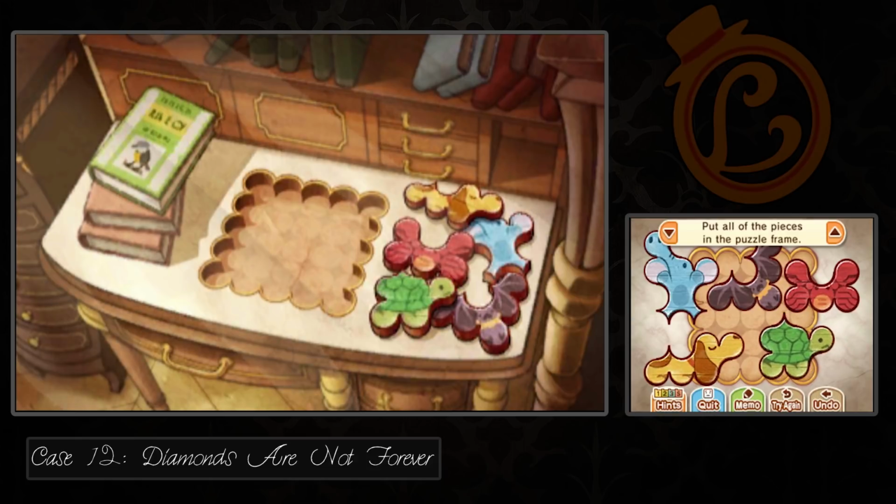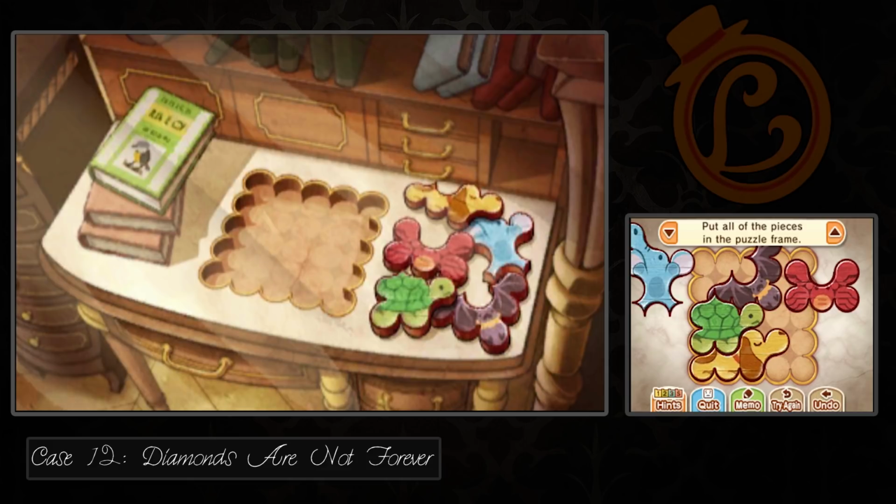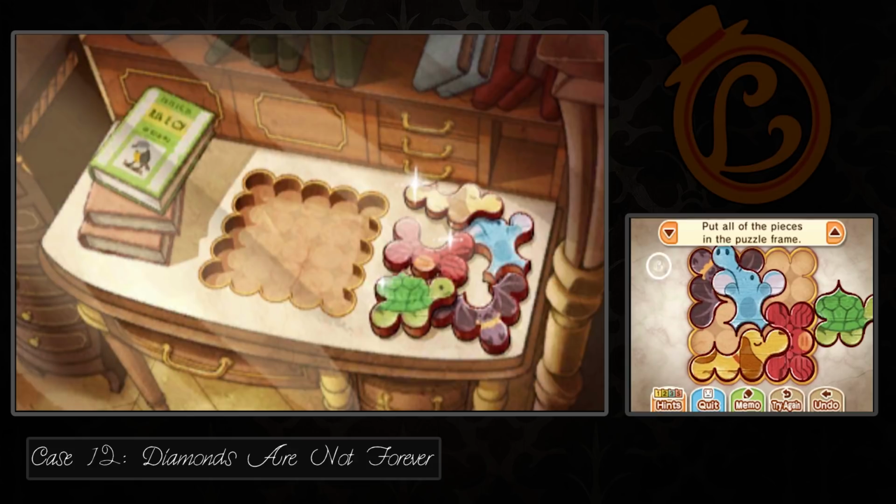So the animals can become other animals? Now that is interesting. I'd like to do the edges. This turtle is clearly not an edge piece. Okay. So using this. Maybe? Yes, yes. Oh, wait a minute. Oh, this is too tall. Like, no. Maybe, no. So what could fit in...